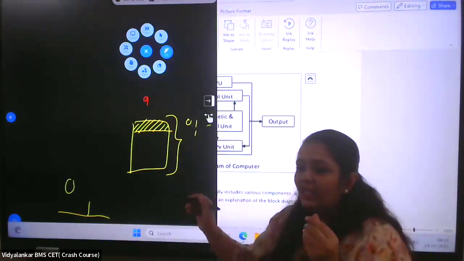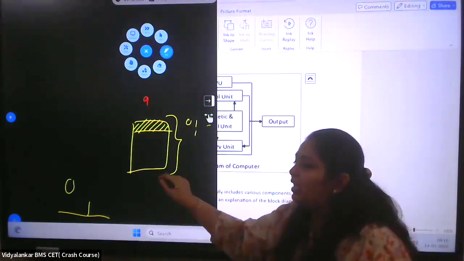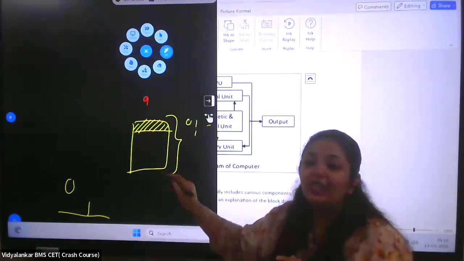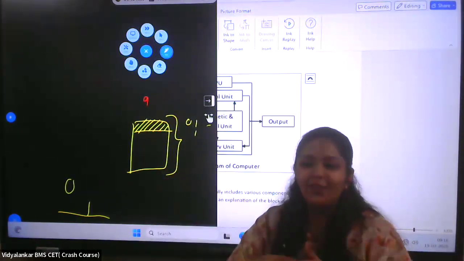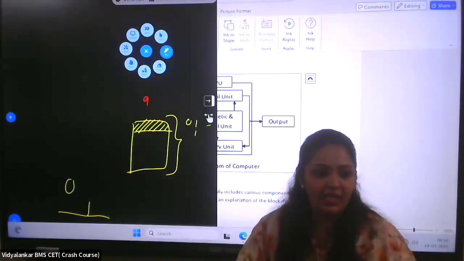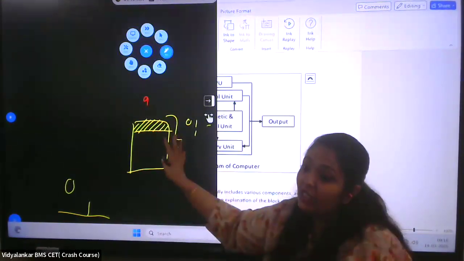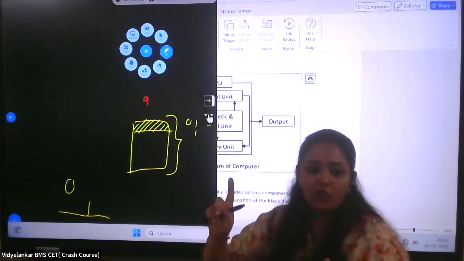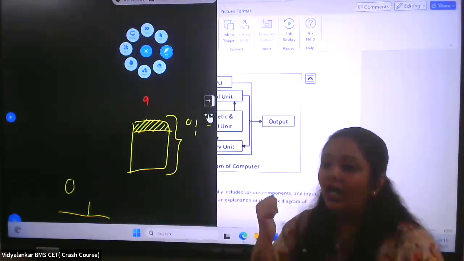Okay, so for them to run, where will they get the memory they need from? The hard disk. That is why it is called virtual. It is not physically present anywhere, but it is being used. Is that clear? So that's your virtual memory. So that's how we come to the hard disk.